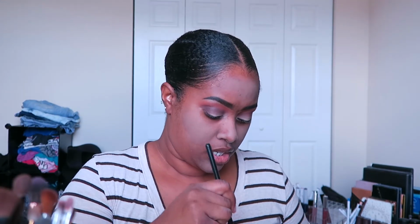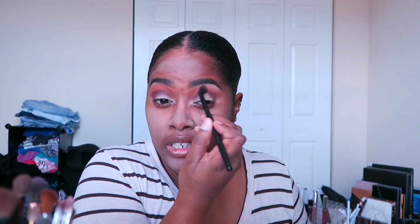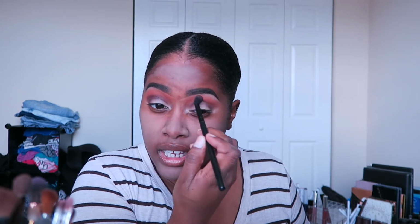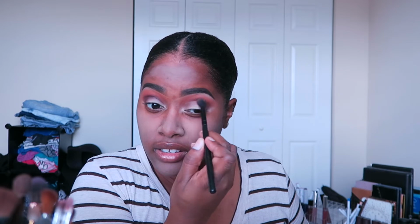And this is a V5 blending brush from BH Cosmetics. And then I'm gonna go back in with this Morphe brush and go back into that orange and just blend the orange and the brown edges together so it can be seamless. Well, I guess I should say the names of the shades. Louis and Mischief. For my brow bone, I'm gonna go in with Big Cocktails, which is this light peach matte